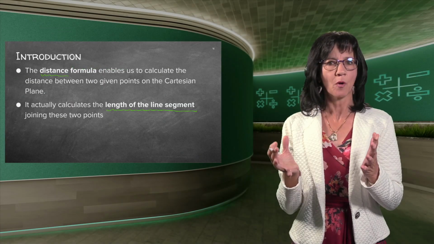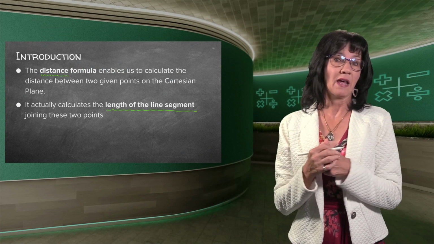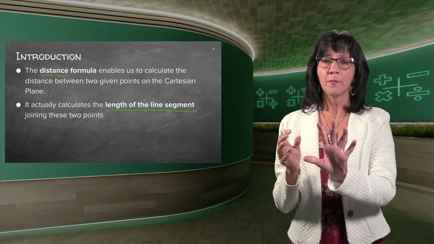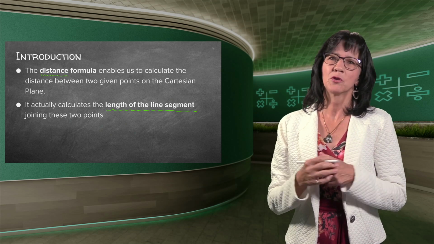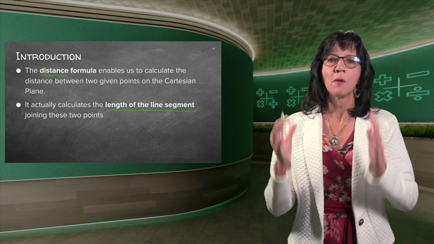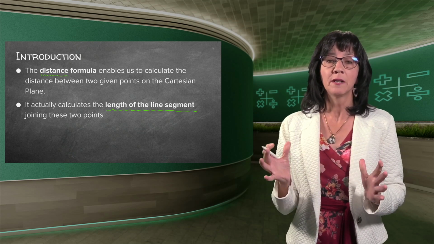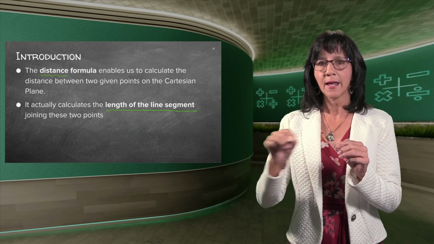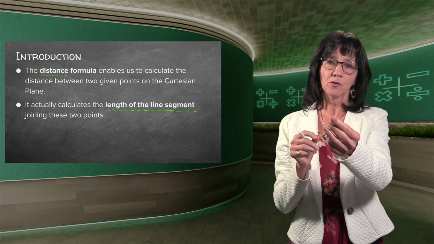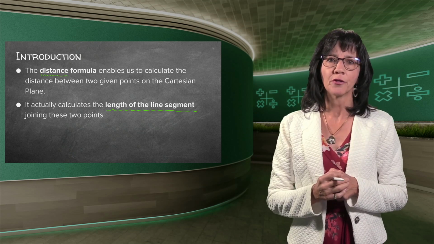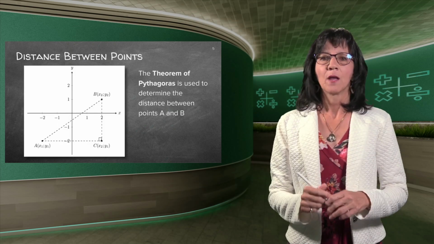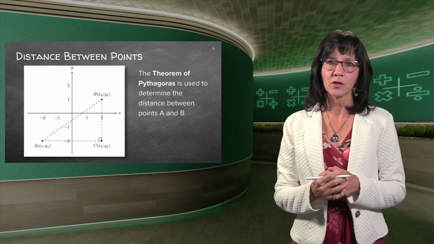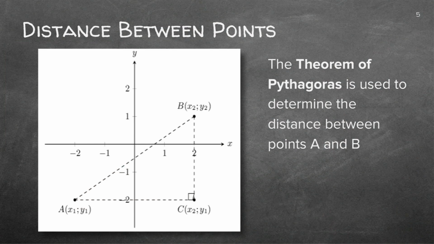Now, before we start with the proper lesson, if you can recall back in grade 8 and maybe even earlier, we did the theorem of Pythagoras, which I also said in previous lessons is one of the most important theorems because you can do many things with it. So you already know that if I have a right angle triangle and I have two of the sides available, I will be able to work out the third side. Luckily, when we get to this distance formula, you'll see that we're going to use this theorem of Pythagoras, which you already know. So it's actually nothing new.